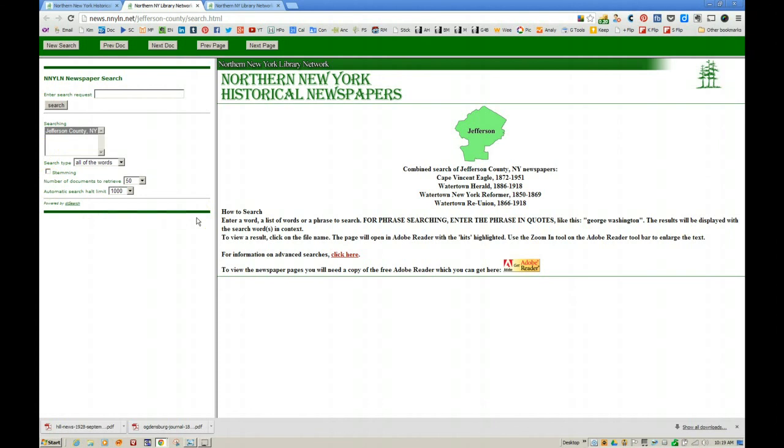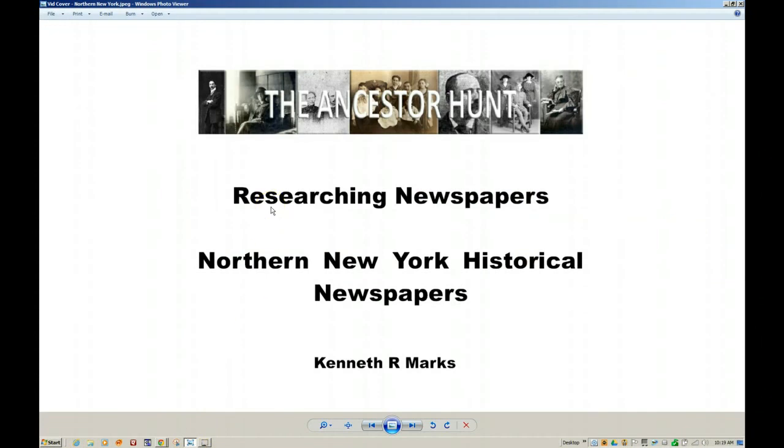So in summary then, the Northern New York Historical Newspaper is over 2 million pages, which is quite good. The advantages are it is fairly fast, the indexing is quite good, and you do have the ability to search by county. Unfortunately, you can't search all 7 counties at one time, and it does not highlight the article, but that is not necessarily a bad thing. You can just save the article in the page that it is on as a PDF, and you can search online or you can search later and then snip the article either online or later.